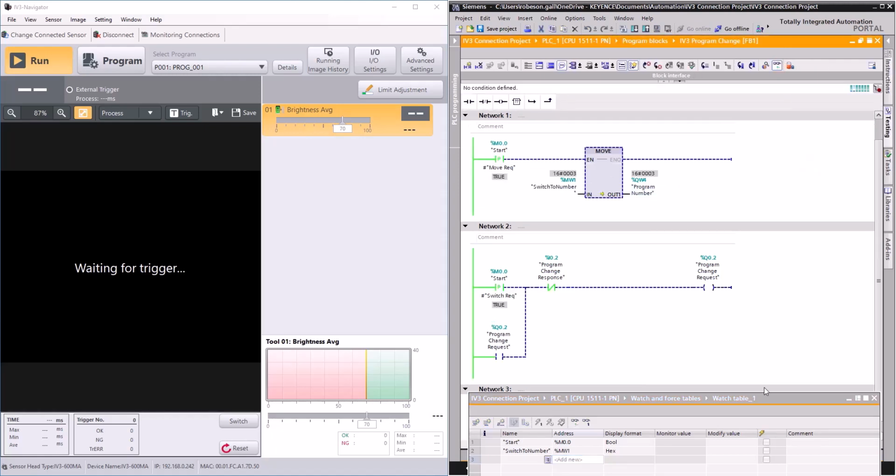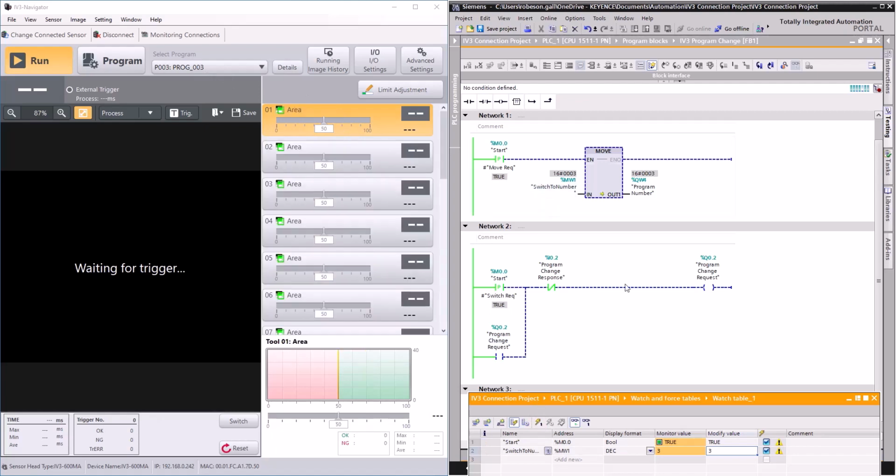You can see we're currently in Program 1 on our IV3. I'll change my start value to 1 or true, and I'll set my switch to value to 3. Now I can click the lightning icon to modify the value, and you'll see this changes the program from 1